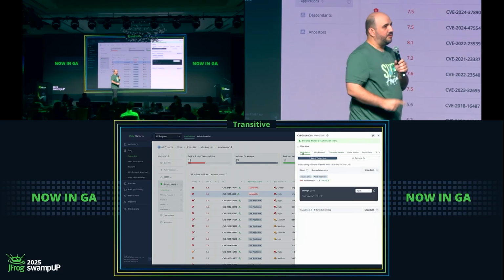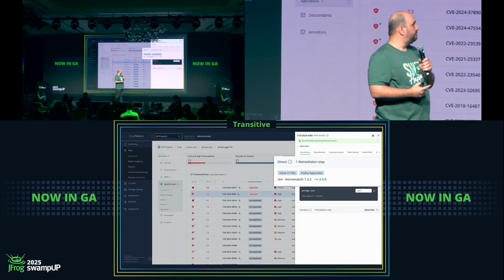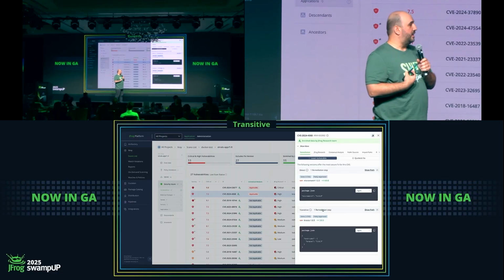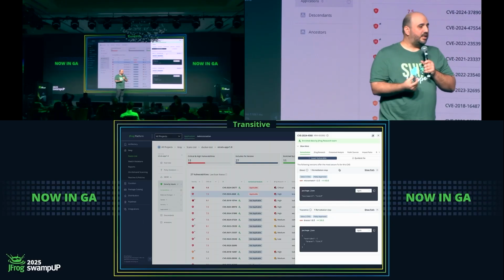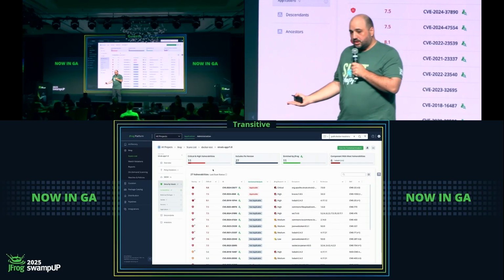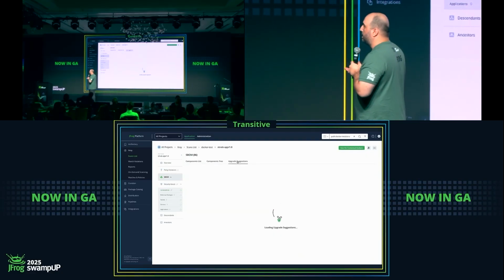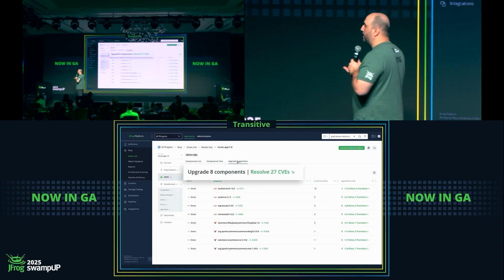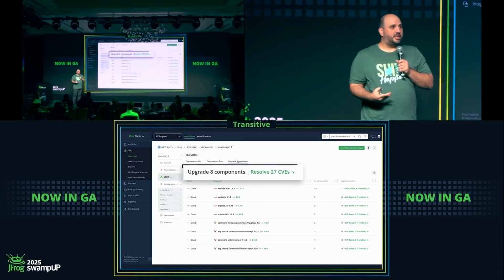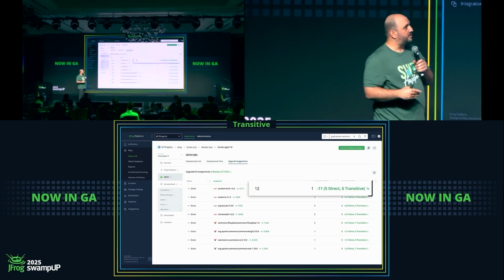That's great. How do I fix it? So definitely we can fix the direct dependency, and it will fix the transitive, or we can be more proactive and fix the transitive. Of course, this could come with some issues. Finally, when we look into this, we want to have very actionable information on what we can do and how we should fix. So we can see here recommendations that tell us that if we upgrade 8 components, we will solve 27 vulnerabilities.